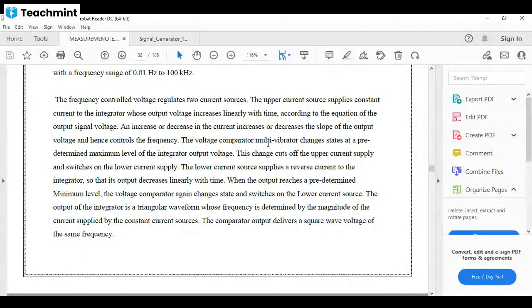The voltage comparator multivibrator changes the state at a predetermined maximum level of the integrated output voltage, and this cuts off the upper current supply and switches on the lower current supply, and the lower current supply is the reverse current source to the integrator. The lower current source supplies the reverse current to the integrator, so the output decreases linearly with time, and the output reaches